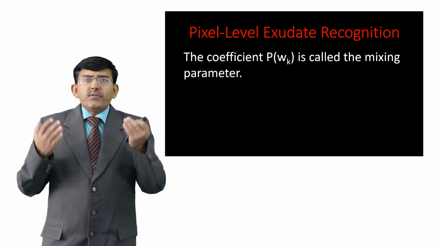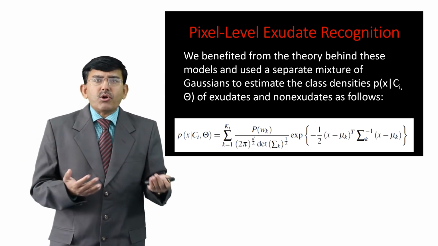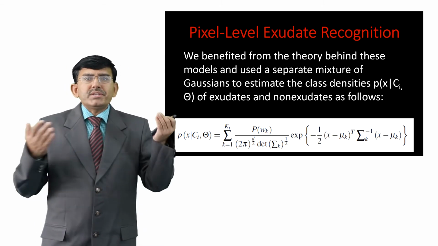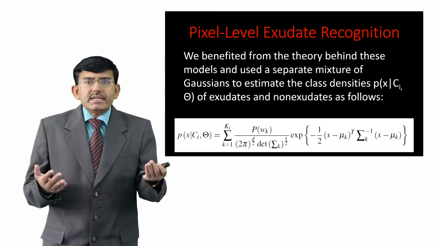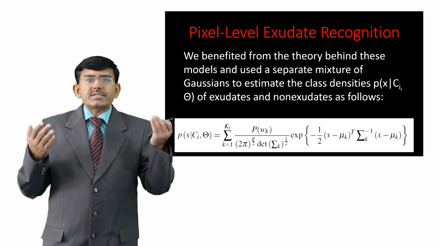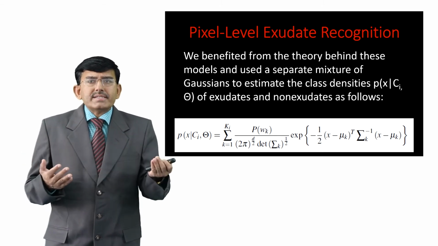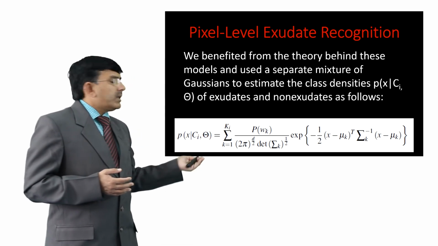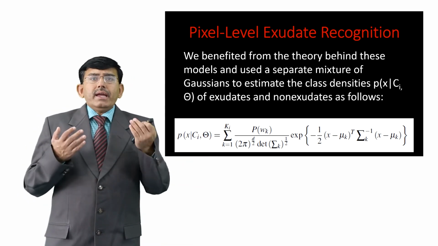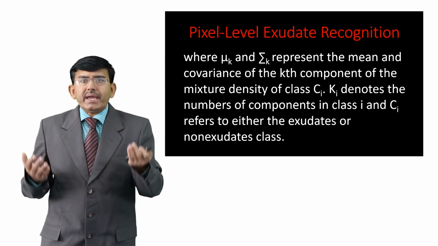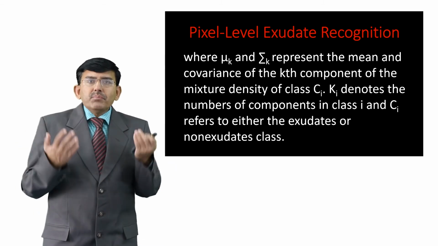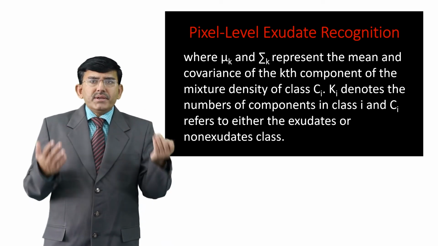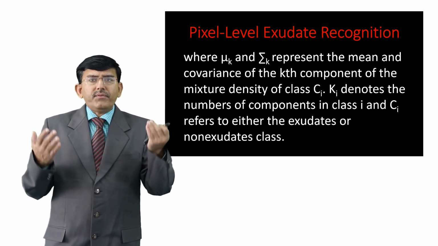We benefited from the theory behind these models and used a separate mixture of Gaussians to estimate the class densities, probability of x over Ci, of exudates as well as non-exudates by using this particular equation, where mu k and summation of k are used to represent the mean and covariance of the kth component of the mixture density of class